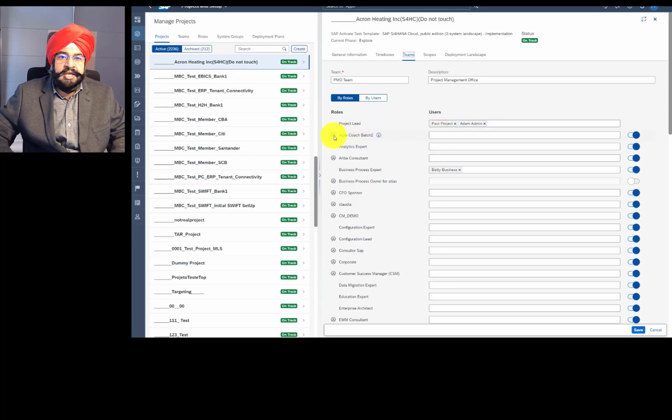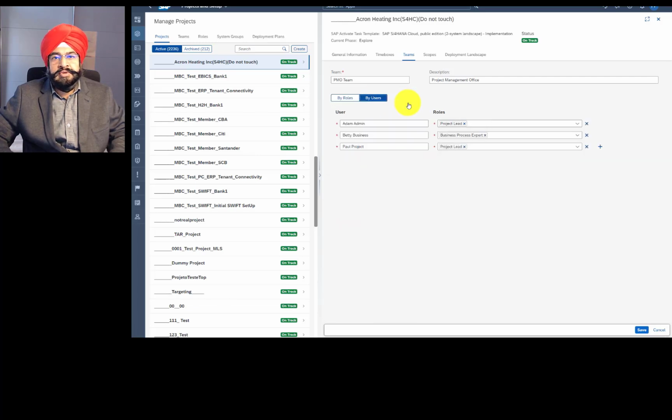You can add as many roles as you want by clicking on the role tab and adding a custom role. If the role list becomes too long, then you can easily deactivate it using the option here. One thing which you should know is teams are not reusable across projects as of the current state. It may change in future, but as of now, the teams are specific to a project. When you are assigning, you have two options. You can assign people to roles, or you can do the other way around. You can have a